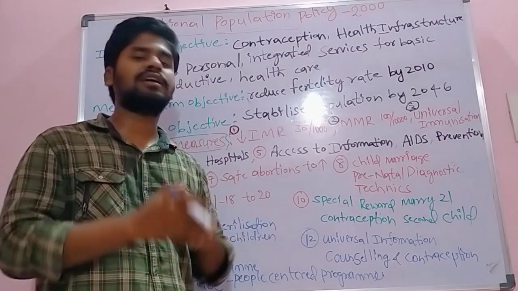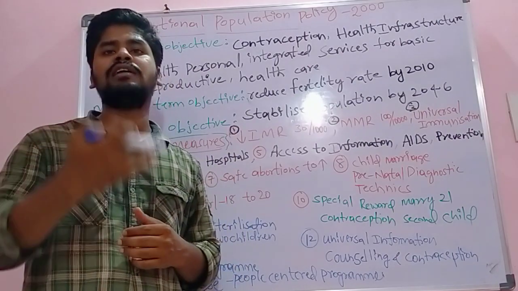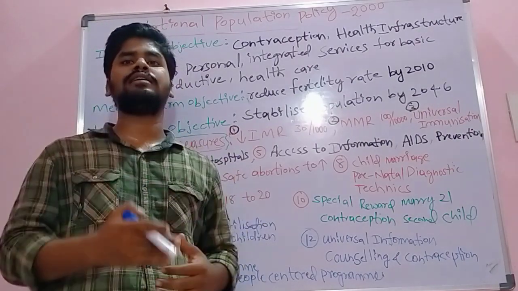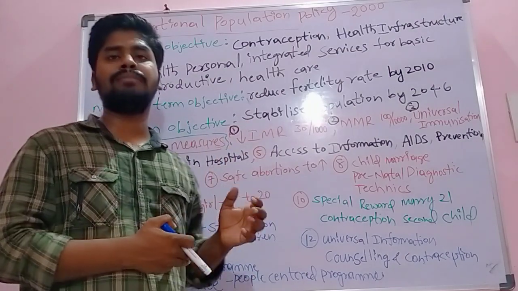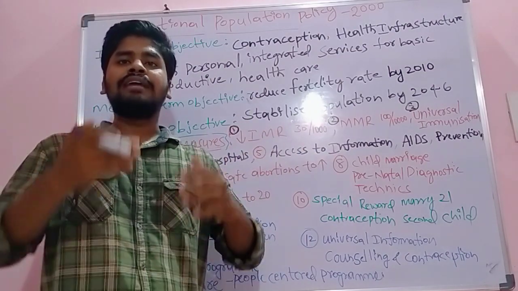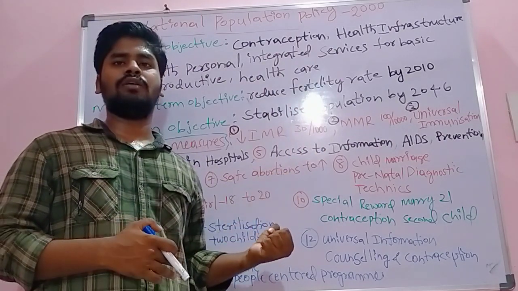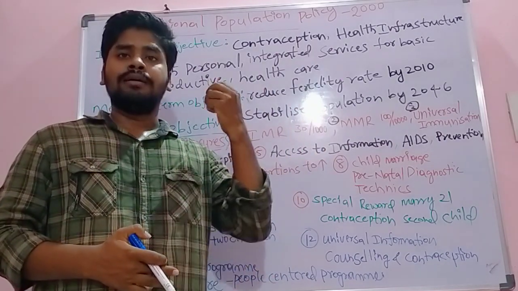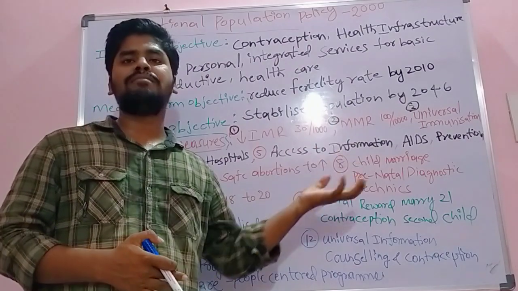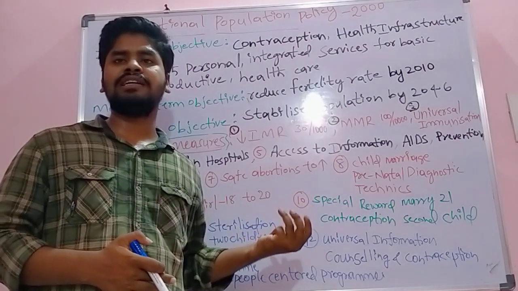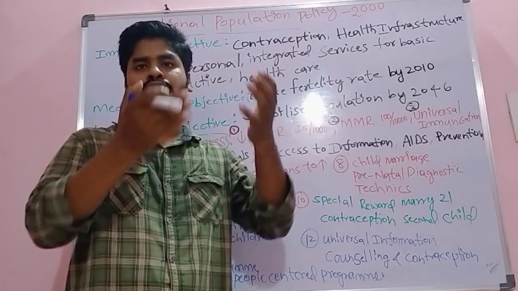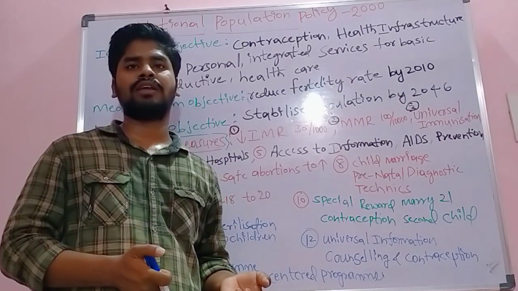So the fertility rate, which will be very high, has to be decreased. Our population is very high compared to the rest of the world. How can we control our population? We have to take these kinds of measures. The law against child marriage must be strictly enforced: children below 15 or 18 years old, girl children, should not be married.